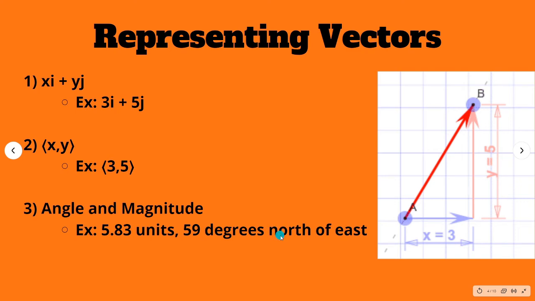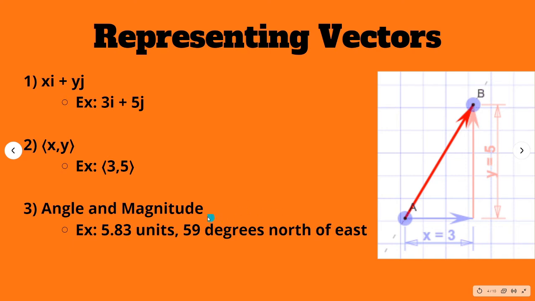Finally, in different problems, it may just give you the magnitude and the angle. Now, in this case, it's a bit more tricky because the magnitude essentially tells you the overall vector quantity, but it doesn't really tell you the x component and the y component. However, if you see on the right, whenever we're drawing out a vector like this using the x component and the y component, we always end up with a right triangle. And in this case, the